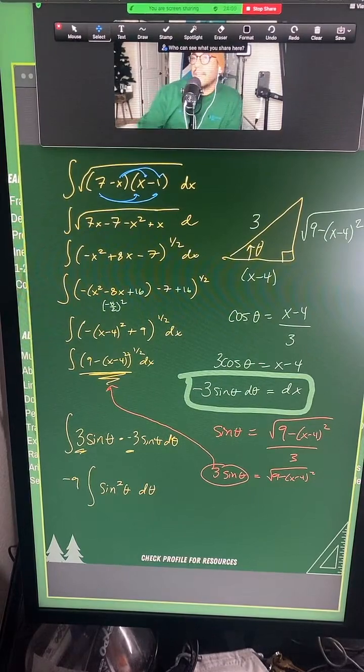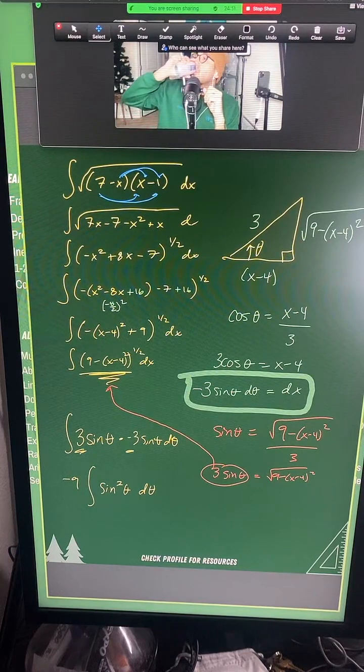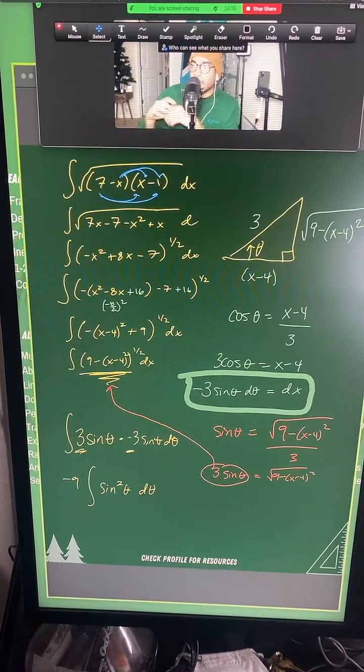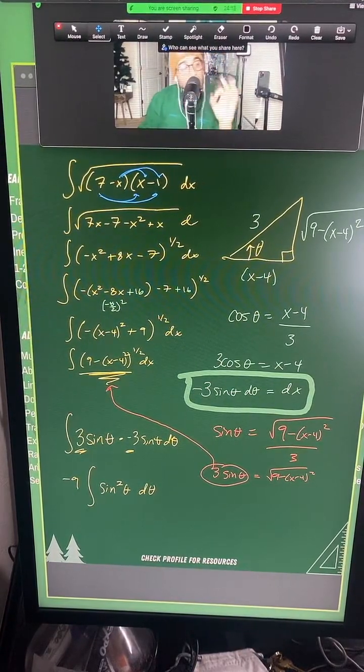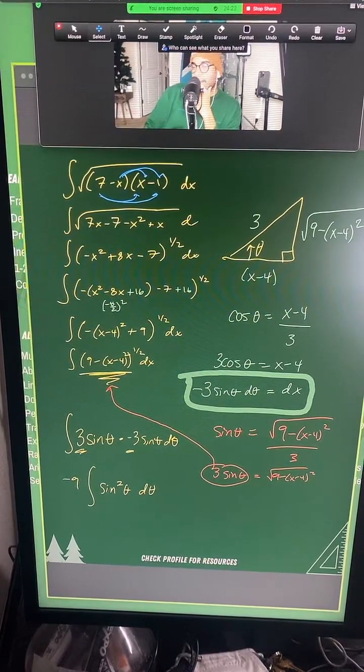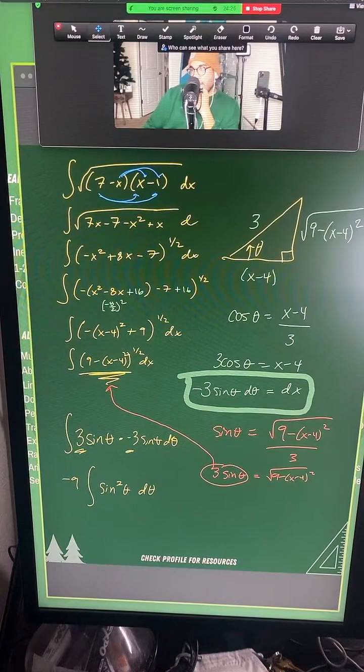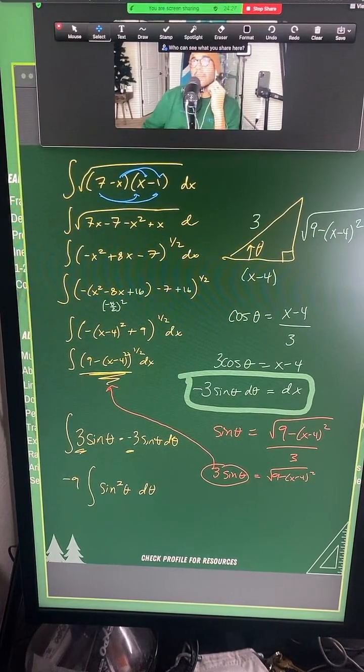All right. Now, it looks a little more complicated, but honestly, it's going to make a lot more sense soon. Who can tell me, or someone in the chat, if they know how to integrate sine squared theta? Let me know. And I'll give you a hint. It's definitely 100% a Pythagorean identity. Anyone remember the Pythagorean identity?